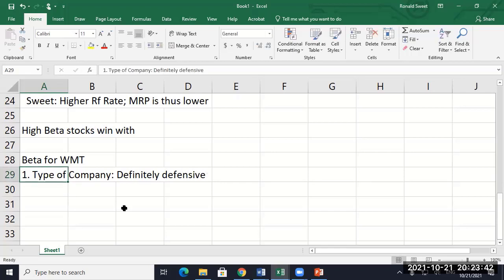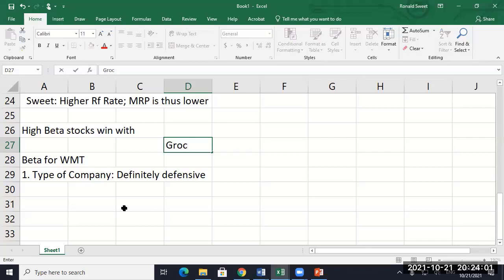So you might think in terms of, okay, grocery stores would be lower, but how much lower? So Walmart does clothing, they do some electronics and other things. That's definitely going to push their beta up a little bit. So I tend to, in my mind, grocery is a 0.4, 0.6.